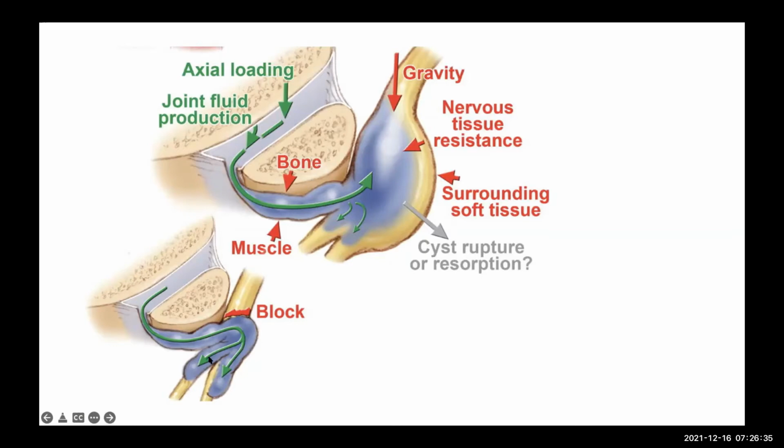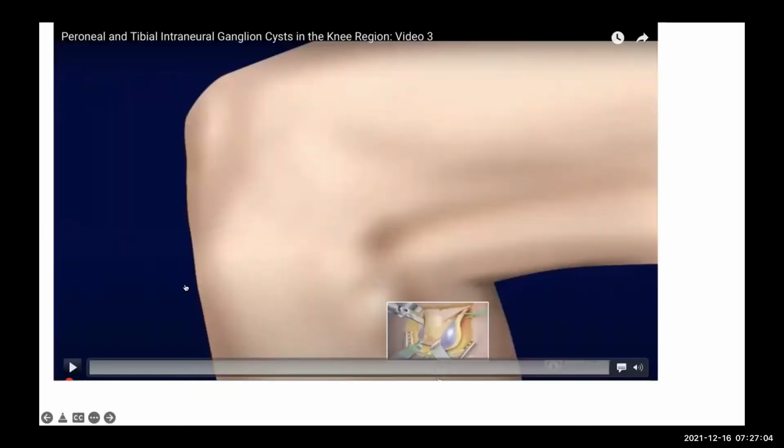So this patient actually had it affect both the deep and superficial nerves. The deep was probably more affected than the superficial, but that's why his exam showed a little bit of eversion weakness, but mostly dorsiflexion weakness. And he had some ankle numbness and calf numbness, but mostly was complaining of that web space where the deep nerve goes. So this is just a super quick video from the Mayo Clinic about how you treat these, because